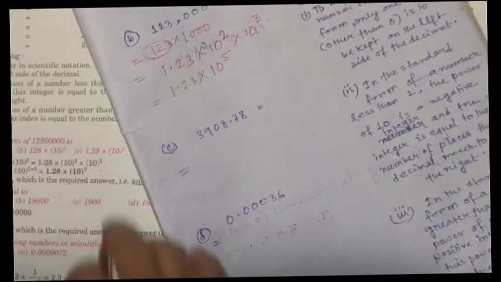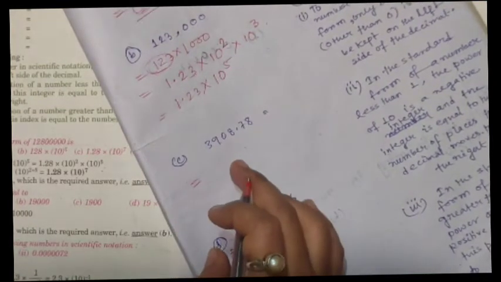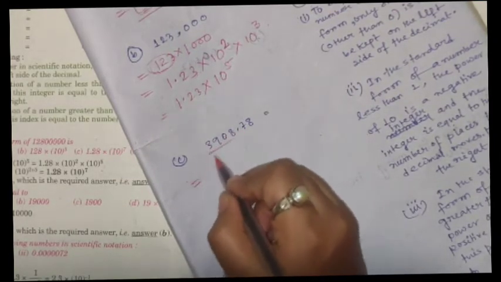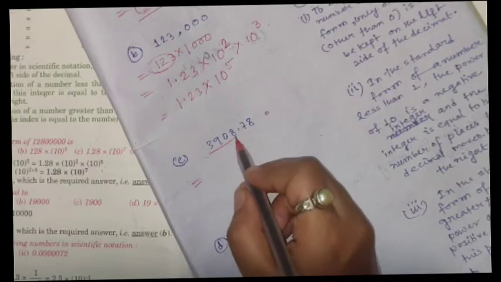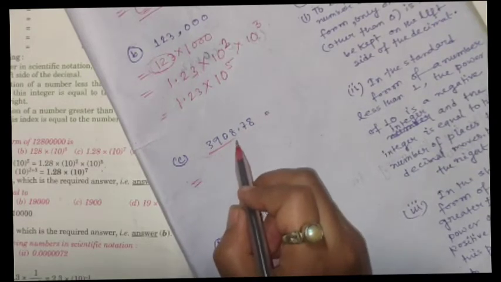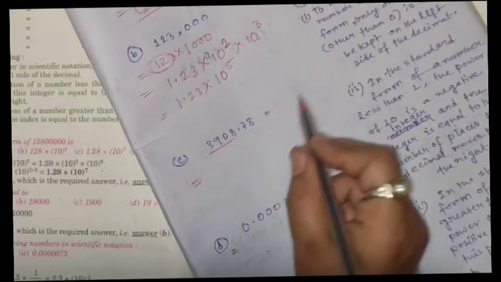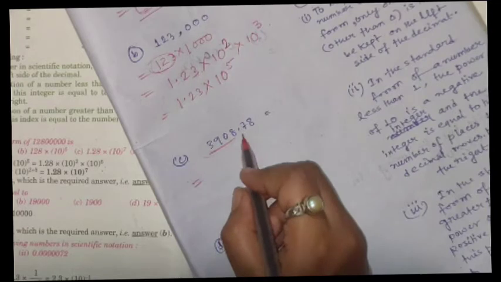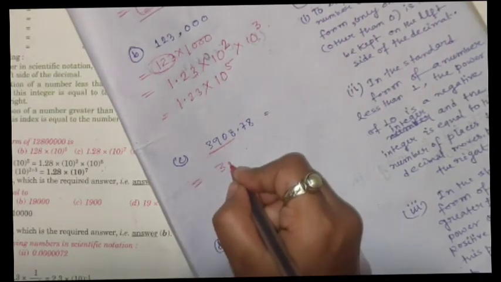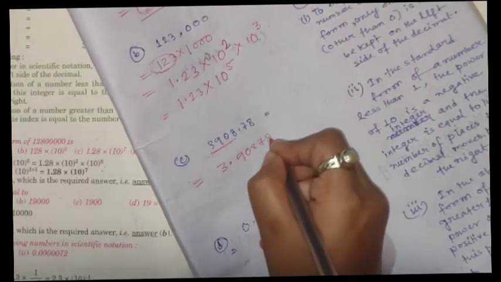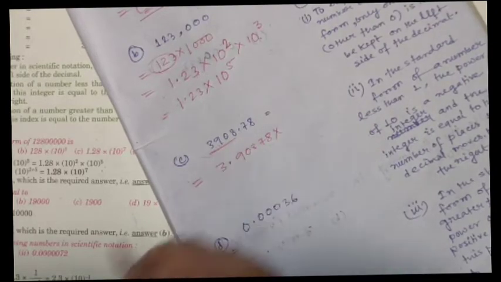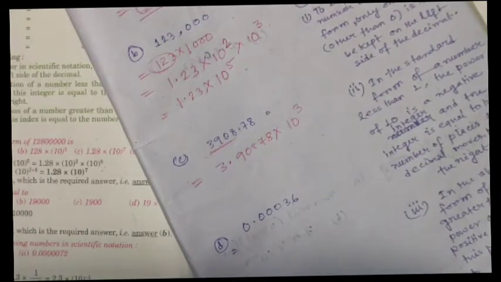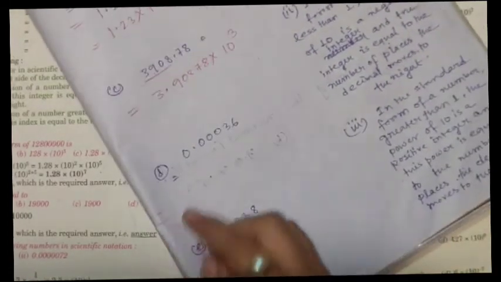3908.78. So how can you express this? This is the decimal number, but in the standard form this number needs to be less than or equal to 10. So the point needs to be moved to the left, 3 places to the left side. So 3.90878 multiplied by, since we have moved 3 places to the left side, 10 to the power 3. Okay, next D,